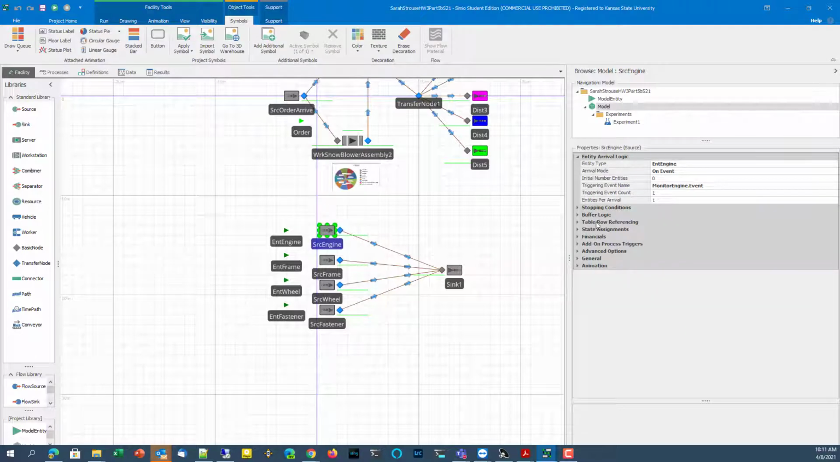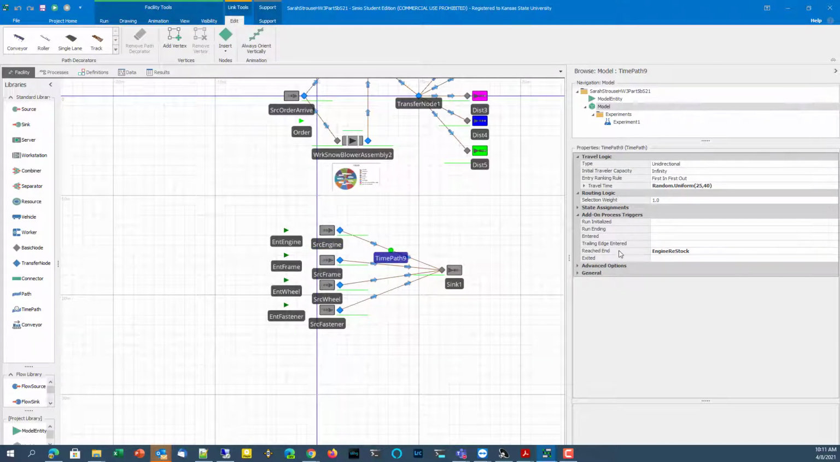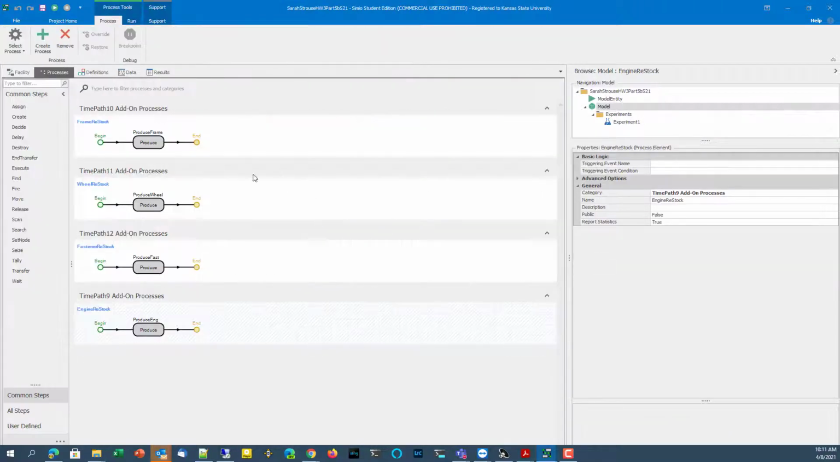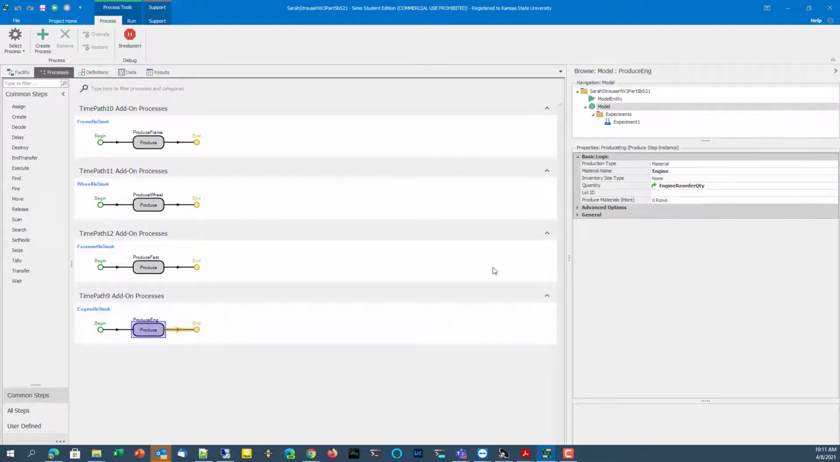For example, the engine is triggered by this monitor engine dot event. If the engine's current quantity in stock falls below the reordering point, it triggers this event. It will create one entity called entity engine, and it gives a lead time on the time path over here. When they reach the end of the path, it runs a process to actually produce the